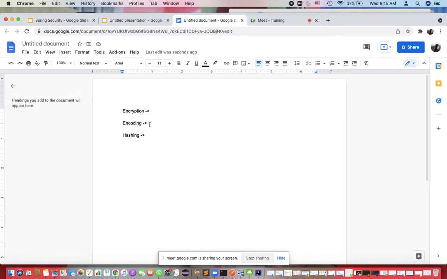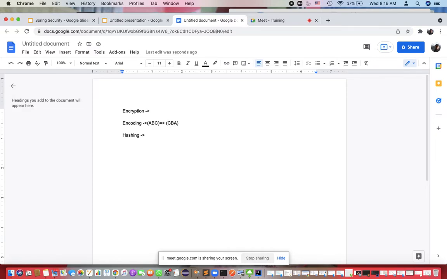You are transforming the input to another output. Suppose reverse of a string is encoding. Suppose I'm writing one function. I'm giving ABC, and it is returning CBA. This is one type of encoding. Okay, but there is some basic logic implemented, right? No key, no salt, nothing.